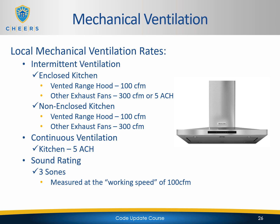They do make recirculating range hoods where it takes the air and just essentially runs it through a metal filter and then just blows it right back into your face. Those really do nothing. They serve no purpose, and those are not allowed under the 2019 code, and they weren't allowed under 2016 either. But we're looking for these to be vented to the outdoors, and they're going to need